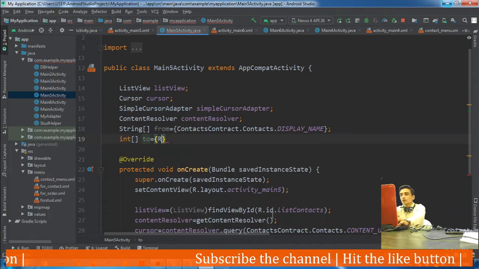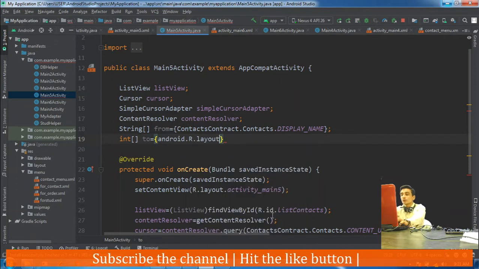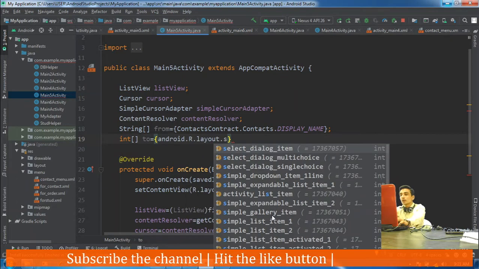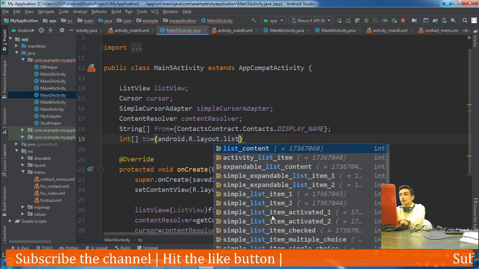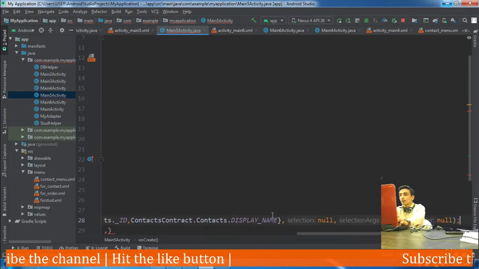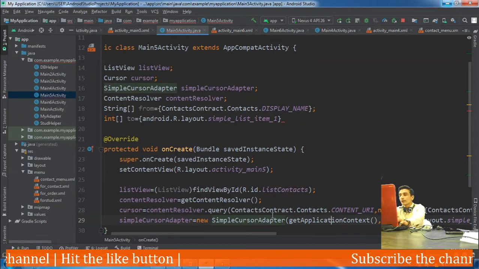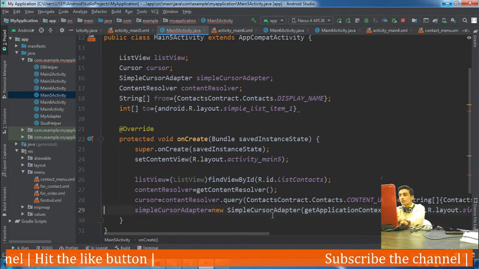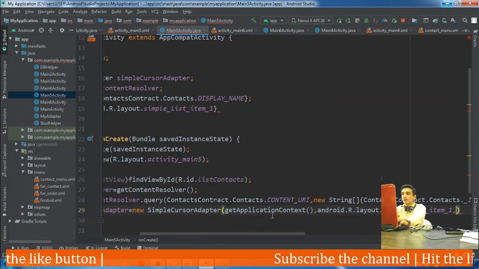Here, android.R.layout.simple_list_item_1, and there also simple list item 1.